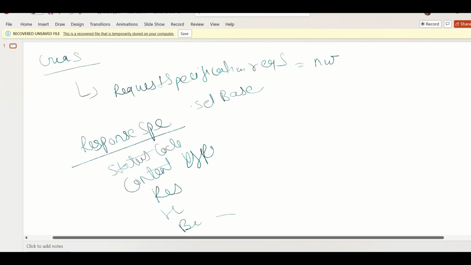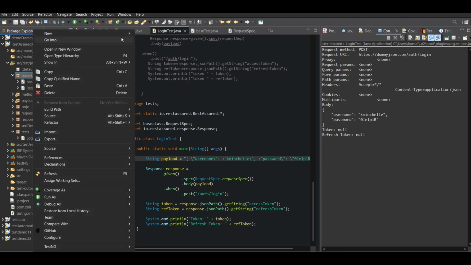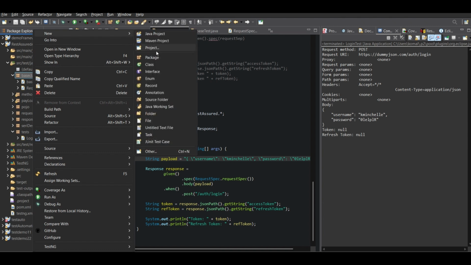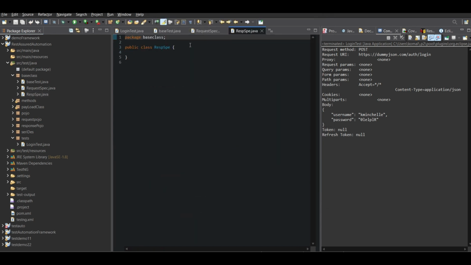Already you have seen in the previous lecture how we validate status code 200, content type JSON, time in milliseconds or seconds. This is a very simple way. We don't use that way at the framework level. So for the response specification, create one class, that is ResponseSpecification. Okay, that is fine. And now in the response specification,